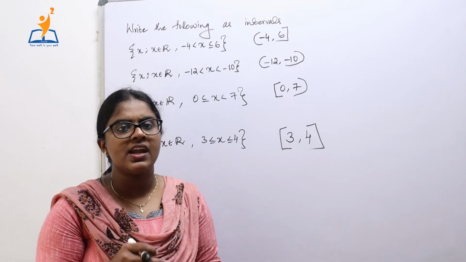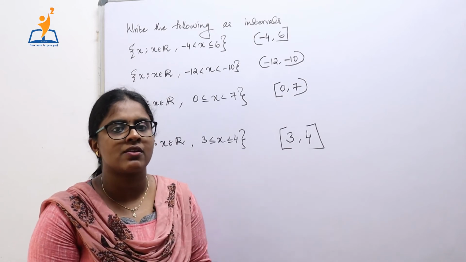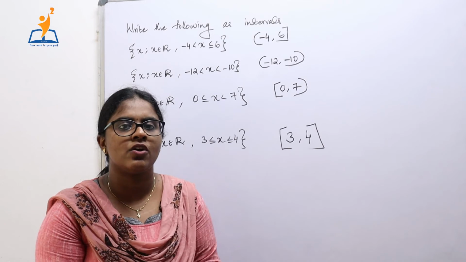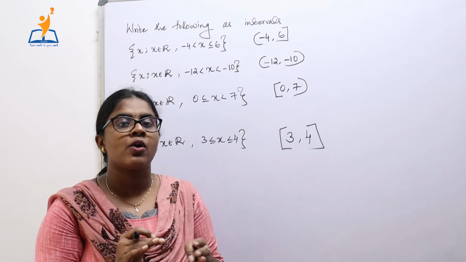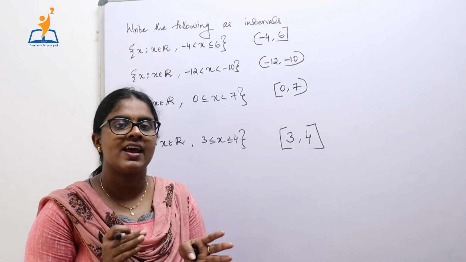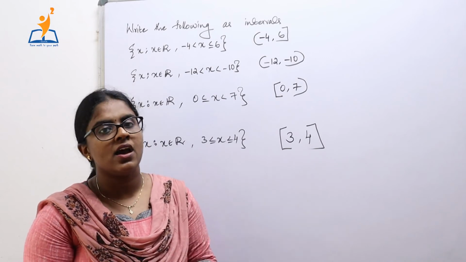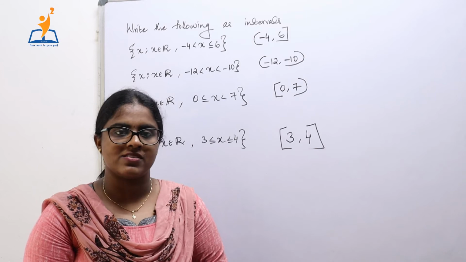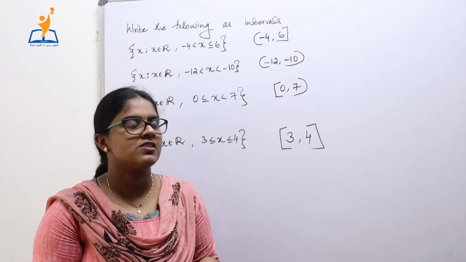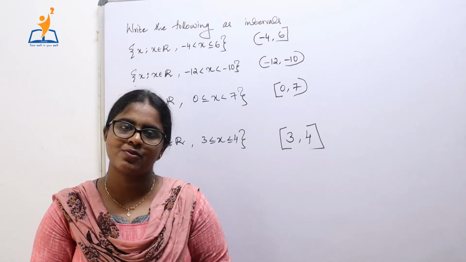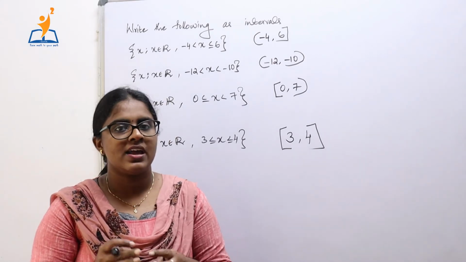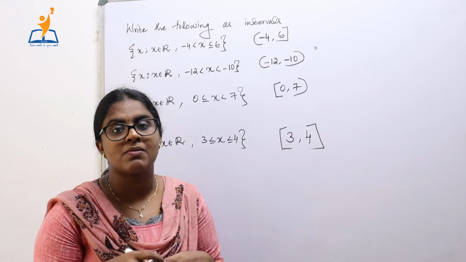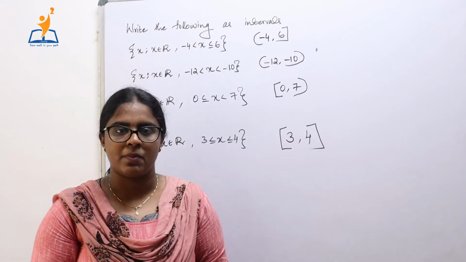If you have any doubt while solving this particular question, go through the previous video. In the previous video, we have discussed in detail what open intervals, closed intervals, and both half open and half closed intervals are. Go through that video, come back to this video and solve these questions. These questions are quite simple for your exams. Now we will move to the next question, that is question number 7 of exercise 1.3.